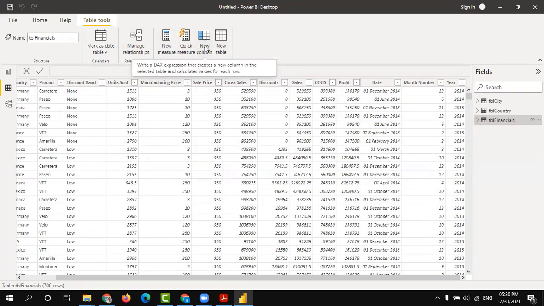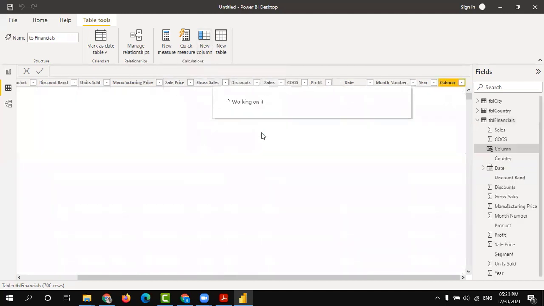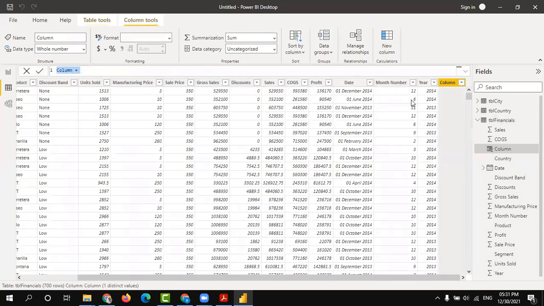Here we need to add a column, so new column. But before adding a column, you must select that respective table. Whatever column you are adding goes to the respective table. So month name equals